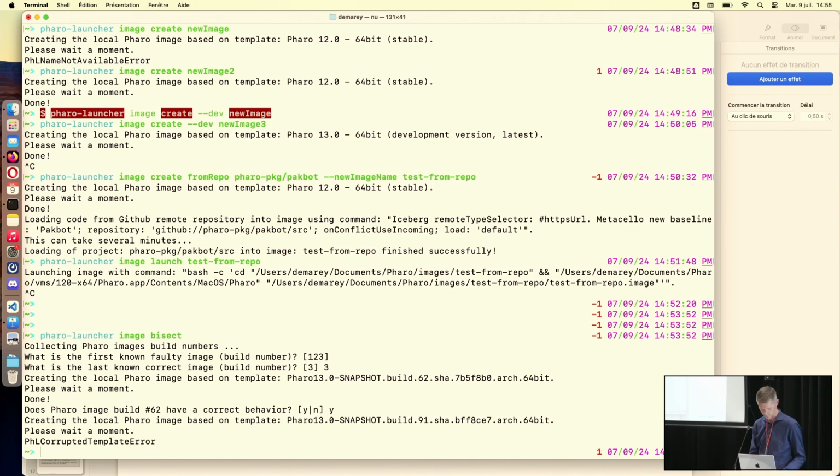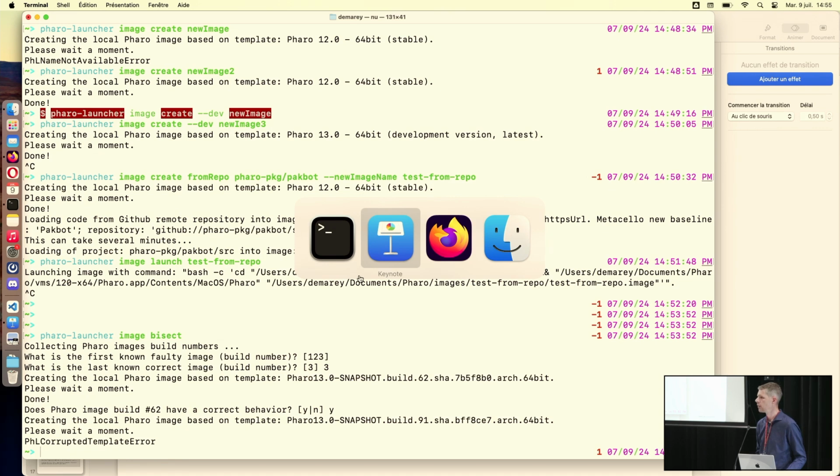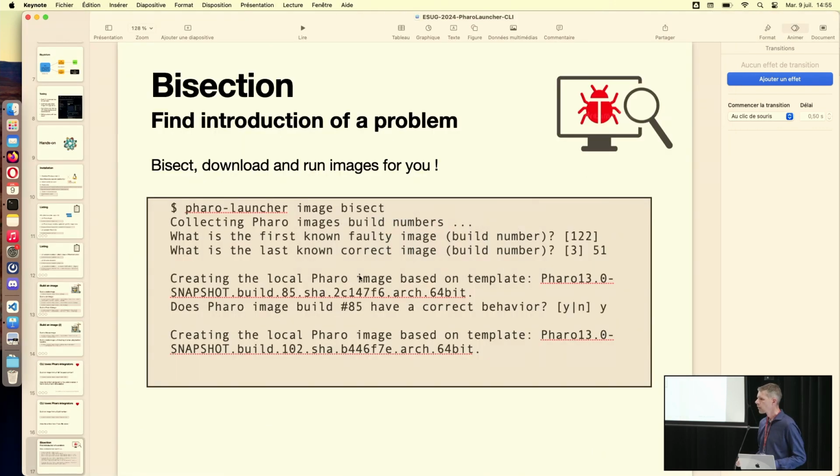Can I run a test case there directly? Not yet. For now, you have to use the UI, but yes, it's an addition that should be easy to do. Good idea.